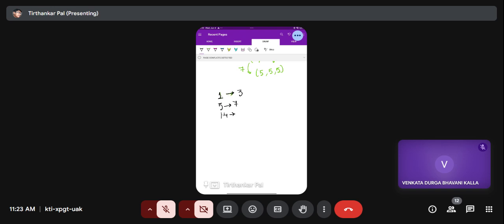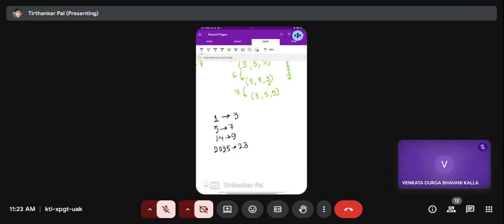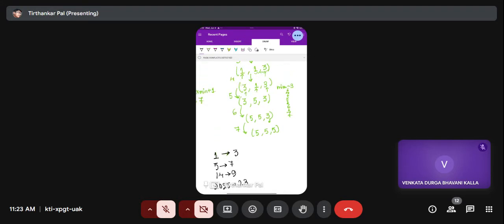For 14 we are getting 9. And for 2025 we are getting 23. Okay, so basically what we have seen is that to make this 5, 5, 5 triplet, we need